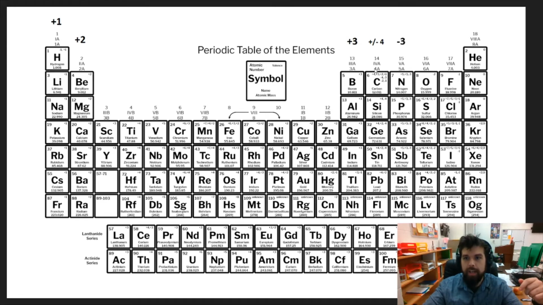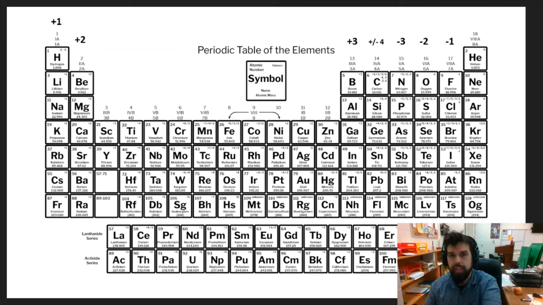So they'll have a -3 charge. Everything in 16 will have a -2 charge, and everything in 17 will have a -1 charge. What I would do is sketch out the periodic table, and write these little charges above each of them and use it as a reference while you work through problems, until you do it enough to